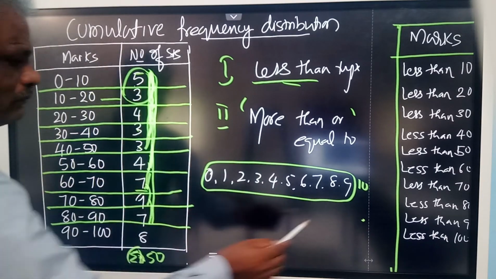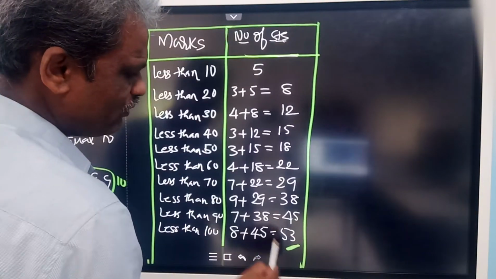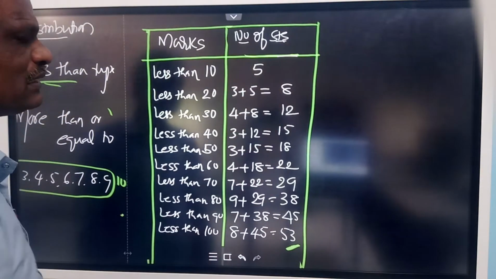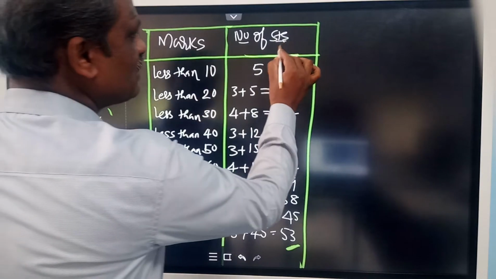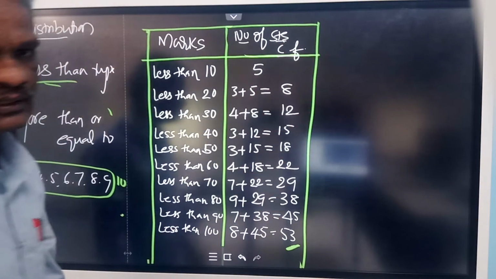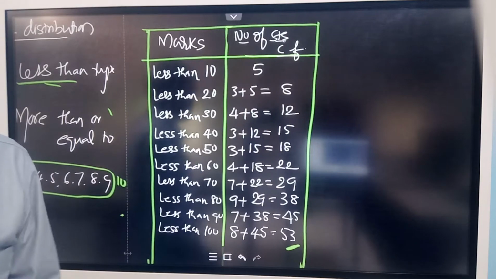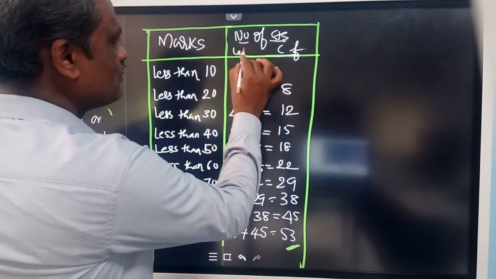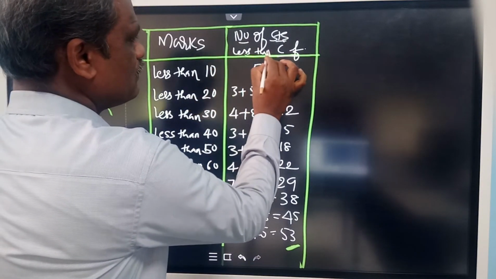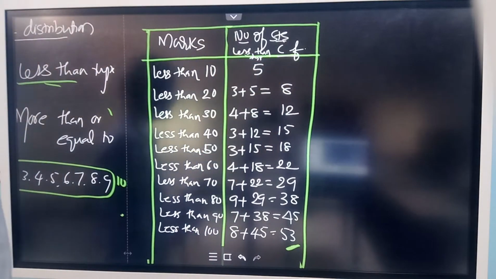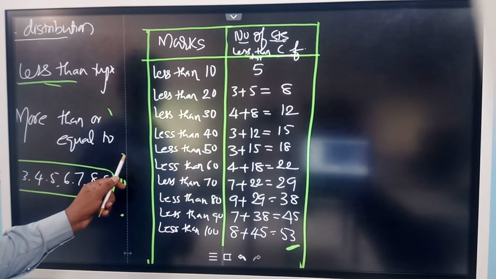So this total sum can be identified by looking at the last term here, the cumulative frequency. So this is called the less than type of cumulative frequency. You can call this cumulative frequency, CF. In short form we write CF, that represents the cumulative frequency, and it is less than type. So how to find this, you have understood now.